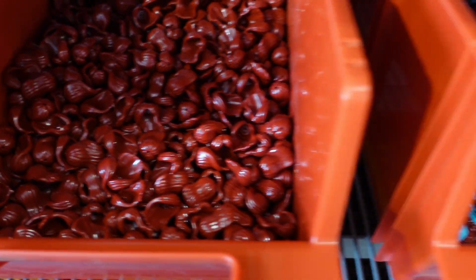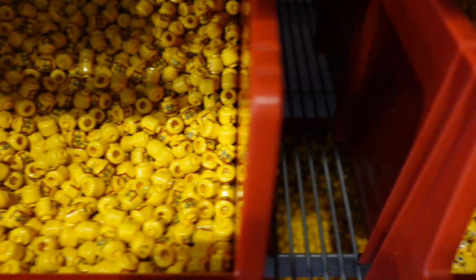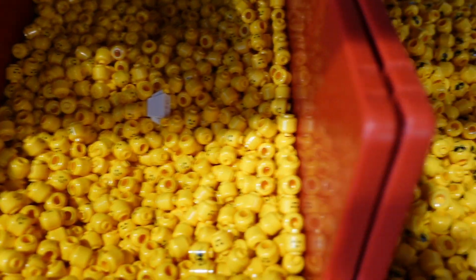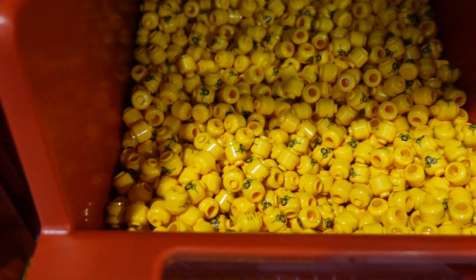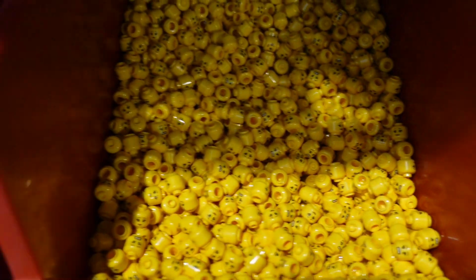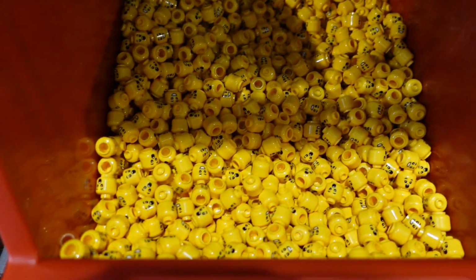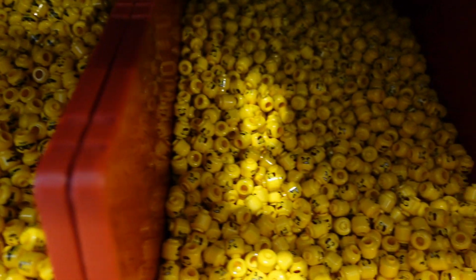and updates. Like these are the dark red hair pieces. They also have like these clown hair pieces, and so on and so forth. And the highlight, we'll come to that in just a second, was definitely the big selection of knights pieces. Like they had shields, they had helmets, they had swords, they had all kinds of stuff that was connected to knights in general. A lot of pieces that actually come with the set